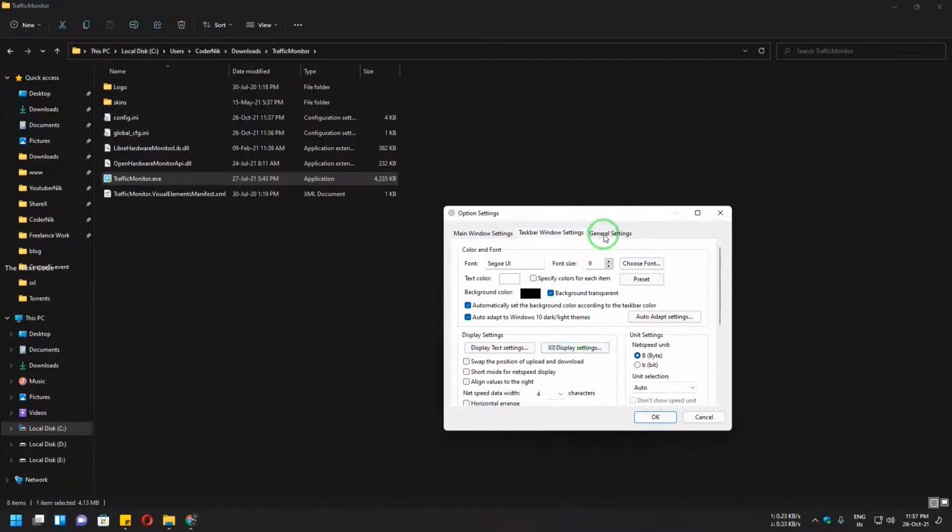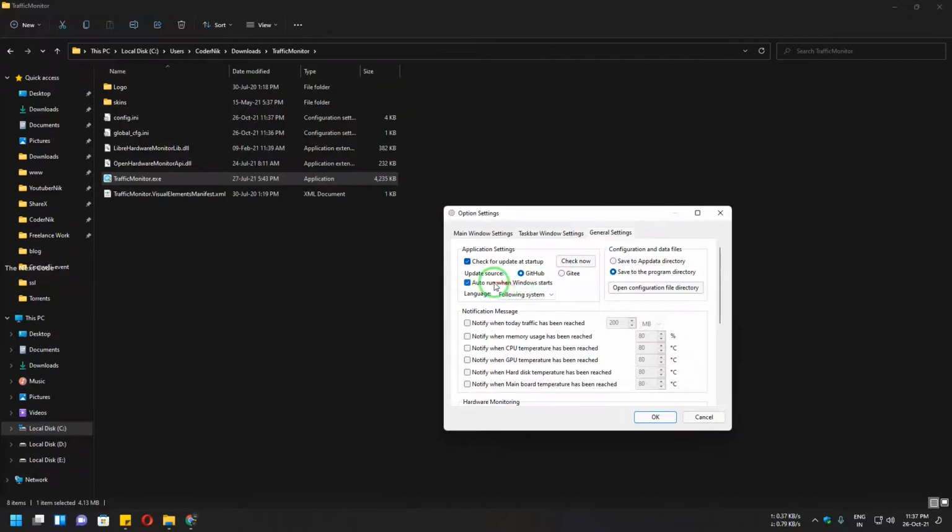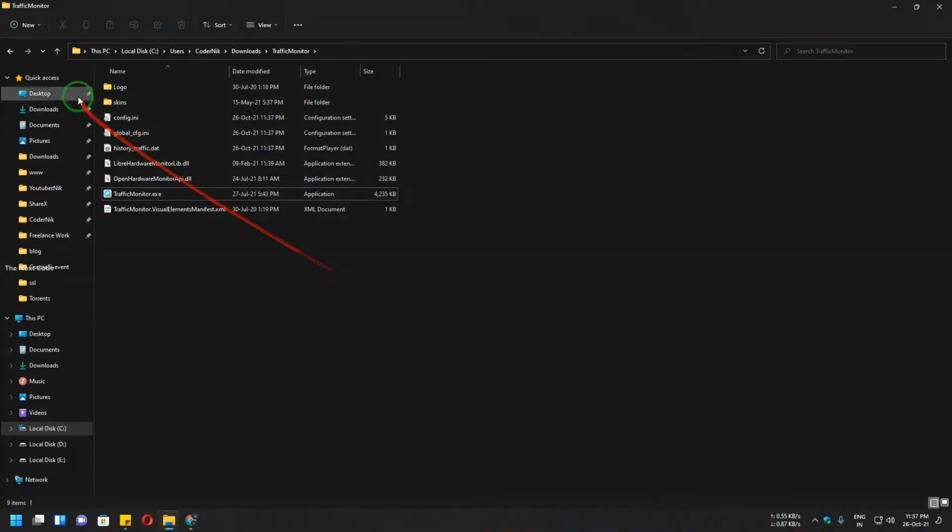You need to set the software in the system startup, and that option is in the general setting. So just click this checkbox, auto run when Windows start, and click on OK. So that's it, that's done. You can see this software is up and running whenever you restart Windows.